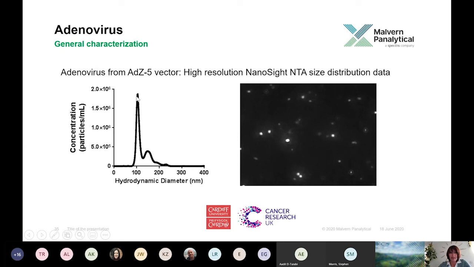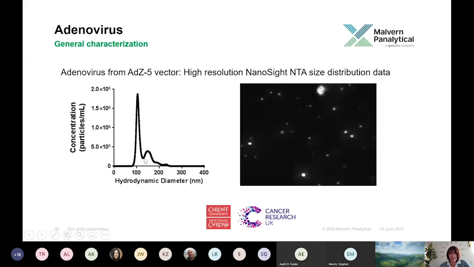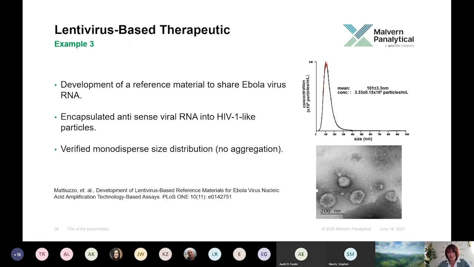So in here, the primary mode around 90 to 100 nanometers was obtained, and a couple of small shoulders are seen here, which are assumed to be contaminants from the purification process. So moving on to showing you an example of what a really well purified virus might look like. So this is an example where we're showing